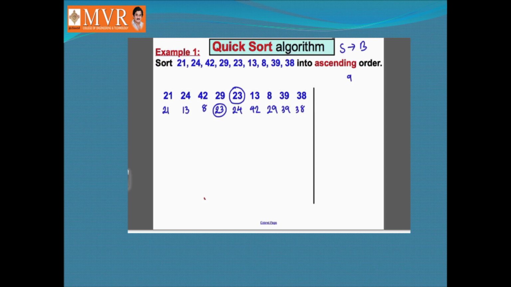Like this, I will continue the process by comparing the elements to the left side and also to the right side. I will continue until my pivot position is in such a situation that, as you can see, the pivot element is 23 and the list before the pivot element is 21, 13 and 8. They are not sorted, they are just smaller than the pivot element. We should be in a situation where the pivot element is in the middle, the left sublist is smaller than the pivot element and the right sublist is greater than the pivot element. Here we can see the situation.